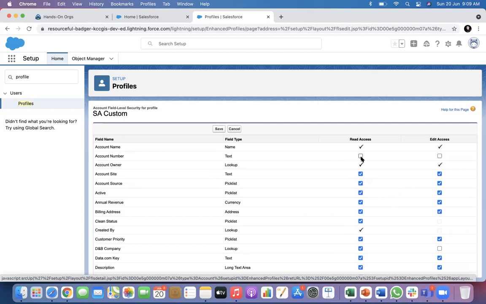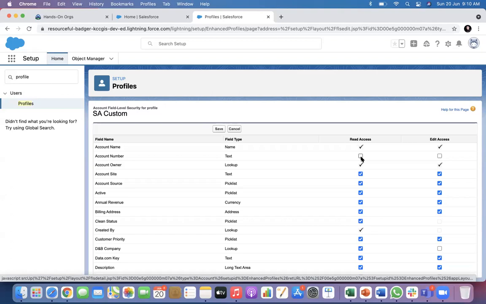Okay. So you can make a field invisible for a specific user using two different things. One, you can remove that from the page layout. Secondly, you can remove it from here. If you remove it from here, then that field will not be accessible to him. It will be like that field does not even exist for that user. So even using Workbench, they will not be able to query that field. That field will not exist for this kind of users. But if you take it out from the page layout only, if they use Workbench, they can still see the value.